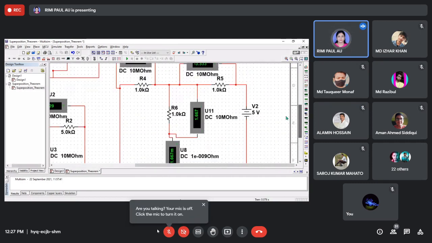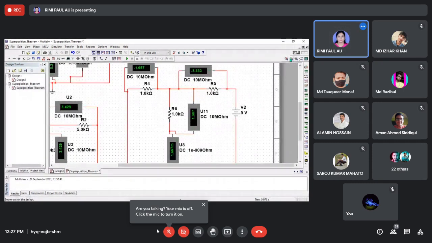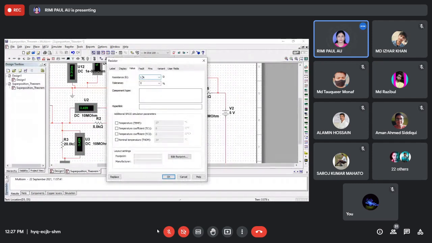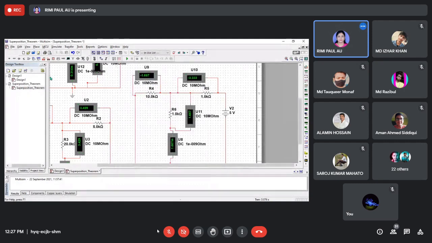Next is the third part. The third part of the superposition theorem is when only the 5 volt source is acting. So I'll do the same thing. Here is 10 kilo ohm. Previously I didn't change it, because you can understand that in every case we have to take the same resistor. The first time, two sources are acting, we'll measure the voltage across each resistor, and if it is mentioned that you have to find the current through this branch, that's why I have connected an ammeter here.